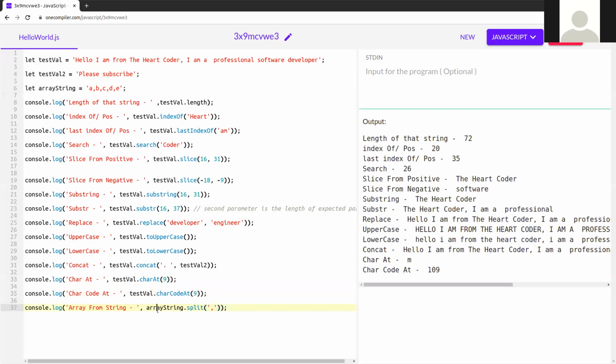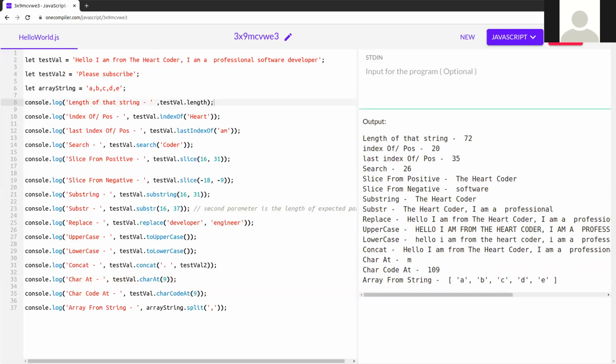This is the variable name, array string. You can see now split, and this is a separator value, a comma here. So these are array elements 1, 2, 3, that is how it works. You can see the output is an array, with the first element, second, third. So it will create the array, but you need to pass that separator also. In my case, the separator is a comma. Next is endsWith.